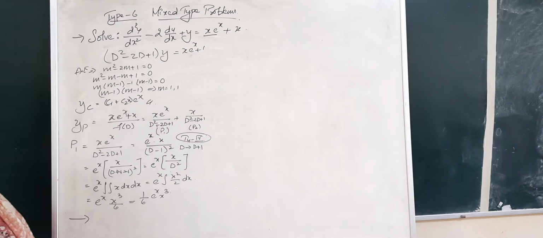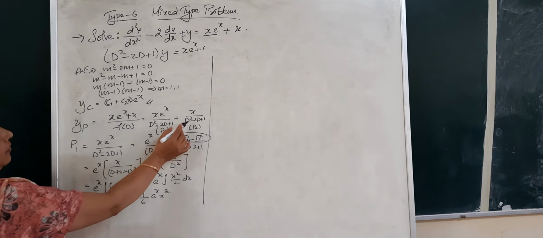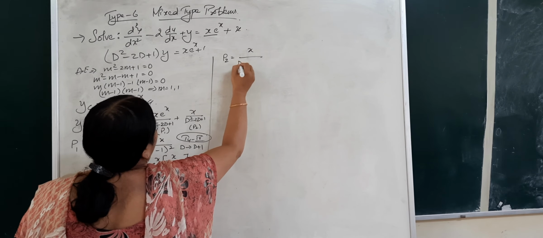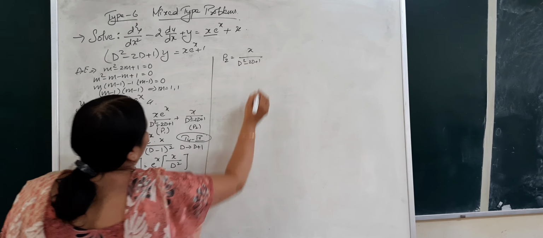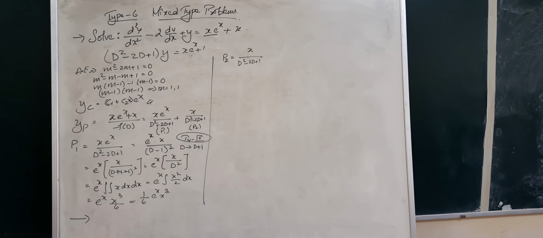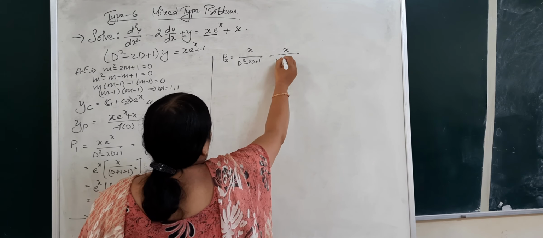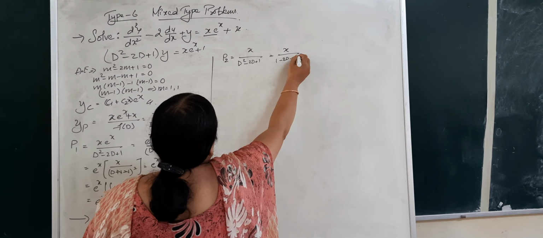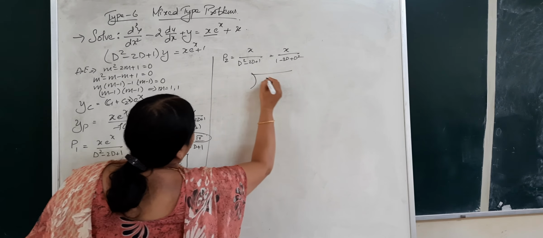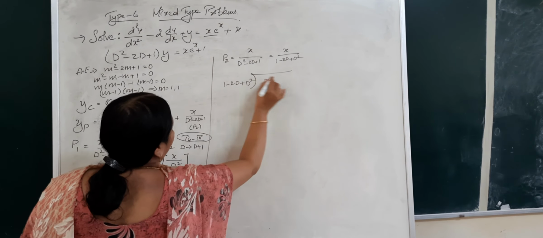So this is what you get for the first part. Now let us see the second part of it. What is the second part? P2. So P2 is equal to x divided by d square minus 2d plus 1, and our x is a polynomial expression. So we got to apply type 3 here. So rearrange it because the denominator should have terms in the increasing orders of the powers of d. So doing that we get, let us apply the long division, 1 minus 2d plus d square.